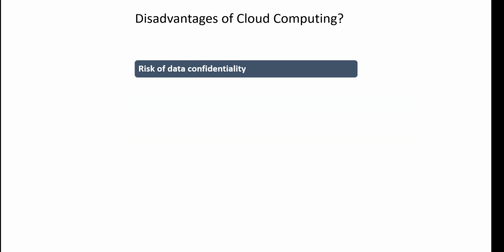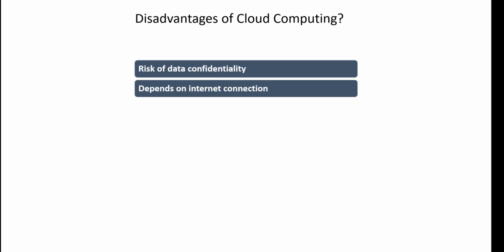There are benefits from cloud computing, but it's undeniable that there are disadvantages. The risks of cloud computing, such as data confidentiality. There is always a risk that user data can be accessed by other people. So data and cloud protection must be good, because otherwise it would be dangerous for data confidentiality. We are always dependent on an internet connection. Without an internet connection, we cannot access our data.